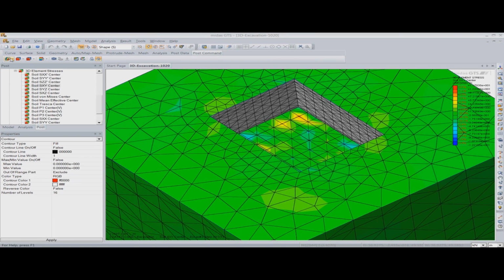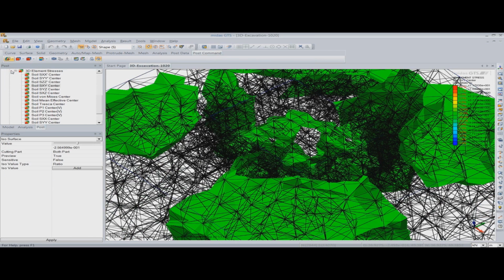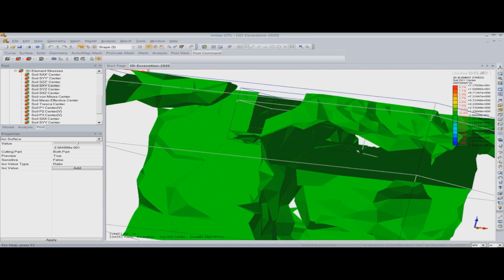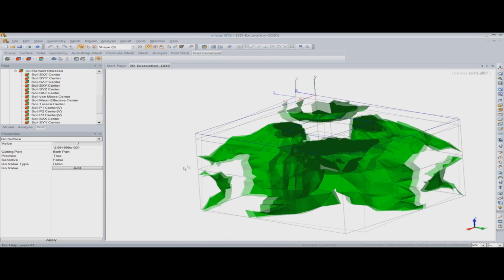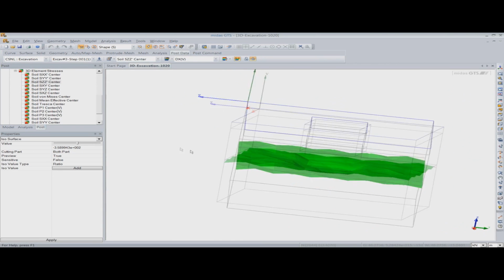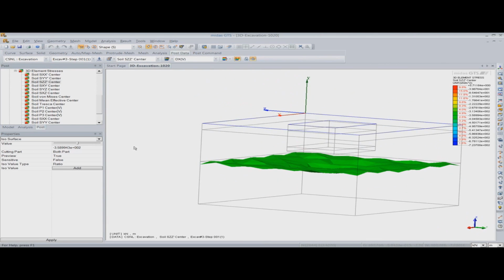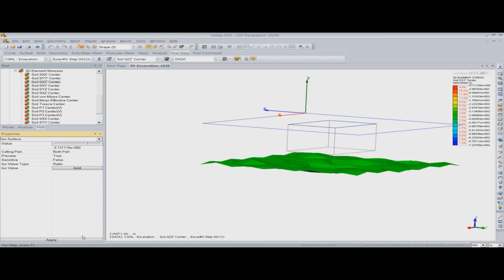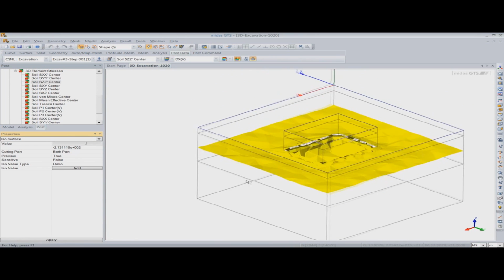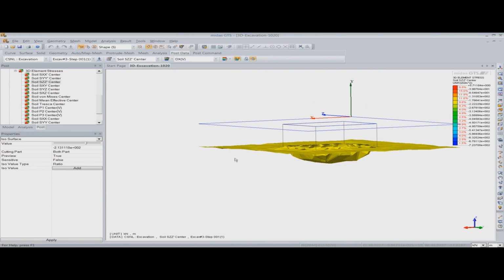If you want to obtain the isosurfaces, you can go to the isosurface option here, and let me uncheck the mesh edge, and this is the isosurface for the stress. As you can see here, this is for the stresses, and you can specify the value where you want to obtain the iso stresses. Once I click on apply, you can see how the isosurface looks. So you can define the value for the isosurface that you want, and Midas GTS will give you the isosurface plots.